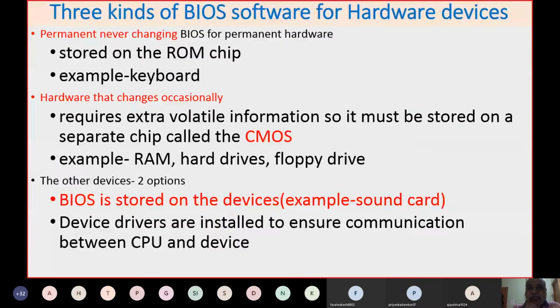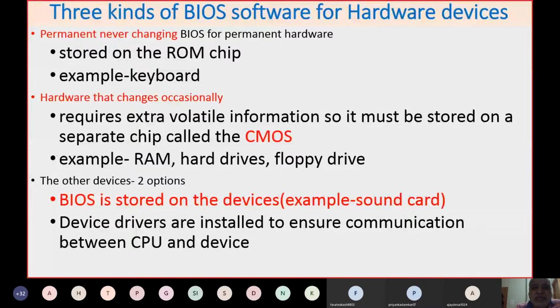Okay, now if you see basic BIOS, there are three types of BIOS available. One is permanent, which never changes. It is actually implemented in the device permanently, so it is stored permanently on the ROM chip. For example, the keyboard controller is there. It is firm. It is not changed at all. So its routine or character map or controller, detecting a key and transferring its code to the machine, is the same. That will never change throughout the life of that particular hardware. So it is burnt, or it is permanent.